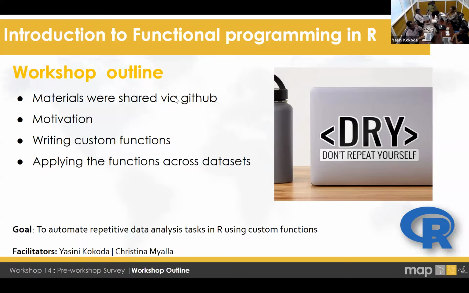In this presentation, we will talk a little about the motivation: why we need to write our own functions, or why we need functional programming in our day-to-day data analysis tasks. We are going to show you how to write your customized function, and then use the functions we define in different scenarios or inputs.